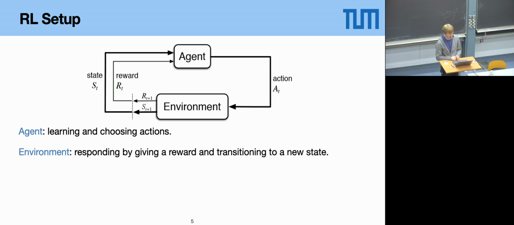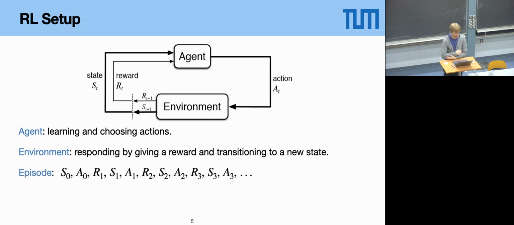And the rewards are the sort of feedback that tell you what is good and what is bad, sort of the data of reinforcement learning. The environment outputs them, and other names for the environment, depending on the context, can be a simulator, world, a system, or a game. And if we let this play out for a while, what we get is sequences of states, actions, rewards, states, actions, rewards. The sequences are called episodes.